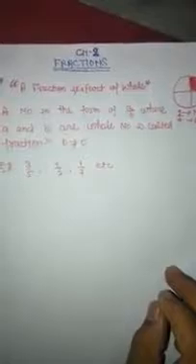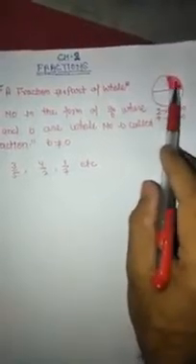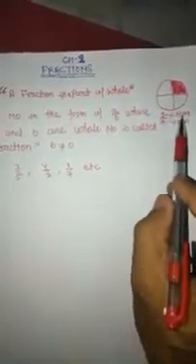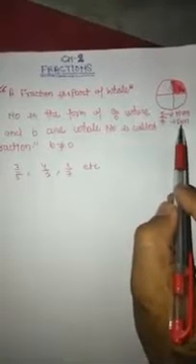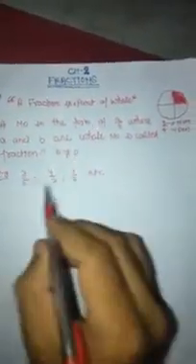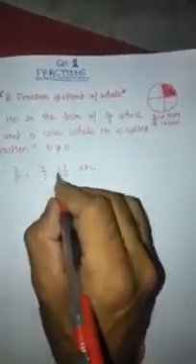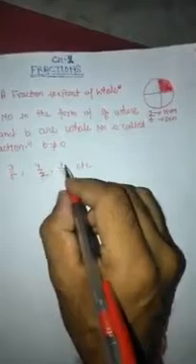So I am repeating the concept once more. Children, we took the example of a circle. We divided it into 4 equal parts. We took one part. That one part is representing the numerator and 4 is representing the denominator. A fraction is a part of whole. A number in the form of a by b, where a and b are whole numbers, is called a fraction, and b should not be equal to 0 here. So 3 by 5, 4 by 2, 1 by 7. These all are representing a fraction.